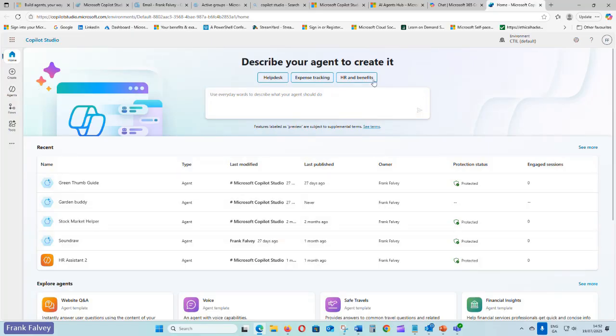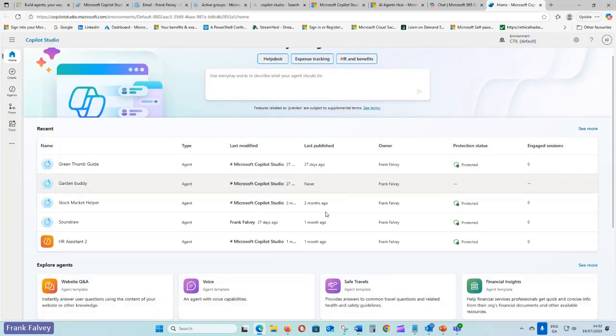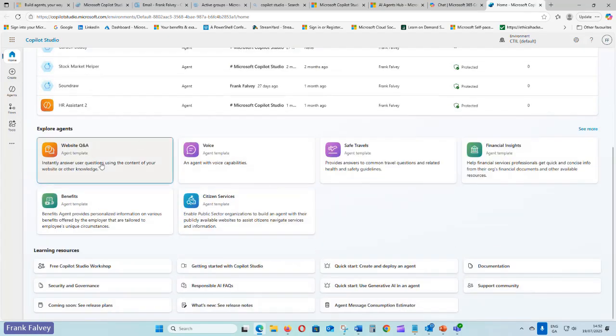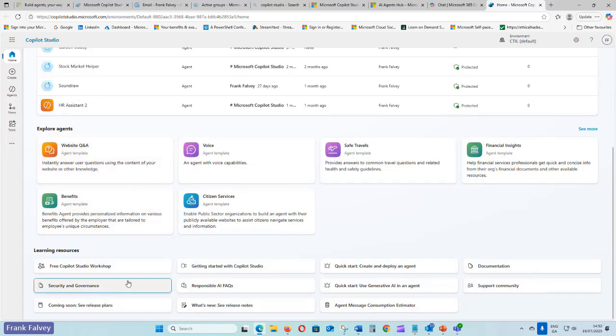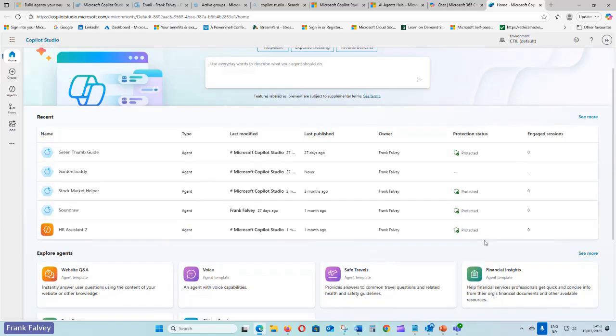It gives you some that are already pre-made up here, and down the end here as well, they've got different ones pre-made for travel agents, financial insights, benefits, civil stuff. And it goes on, there's loads of them, and all the resources, workshops, everything, all the documentation underneath there.